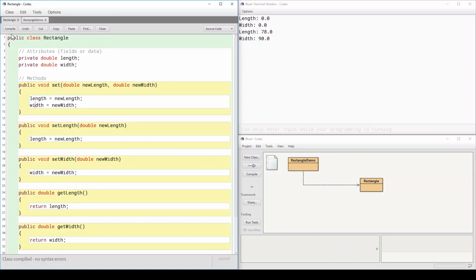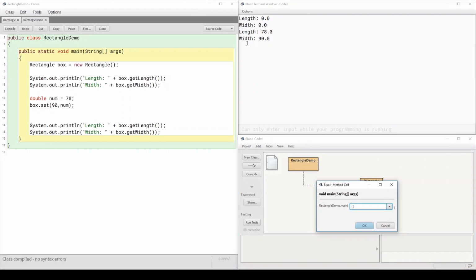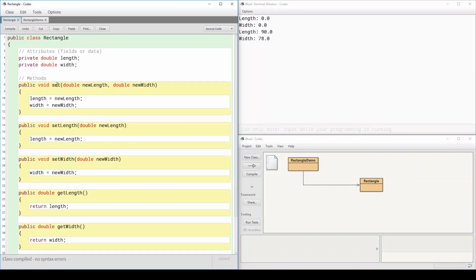All right, now notice here that I could switch these two, right? But then what does that mean for you? So I could switch these two like this. All right, notice here that Java will do what you just tell it to do. So here in this case, length was 78, width is 90. If I switch them, they will be switched, because of the way the rectangle's set method is defined,